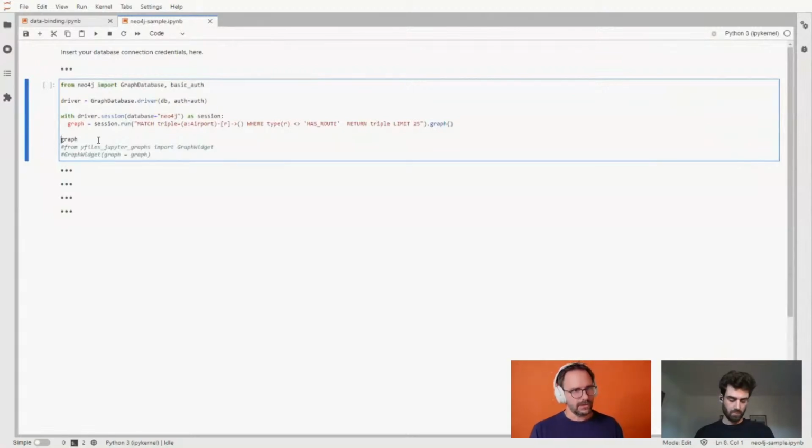So this is not a capture. If you share these documents with your colleagues, it's not just screenshots from your data. It's going live to the database and calculating these results. So with Neo4j, there's this